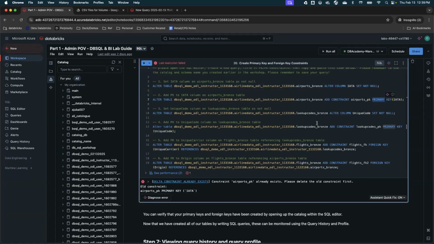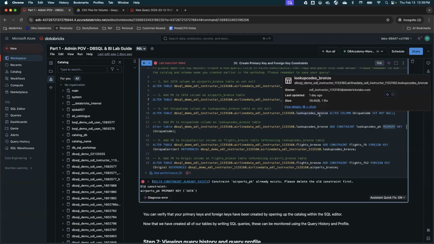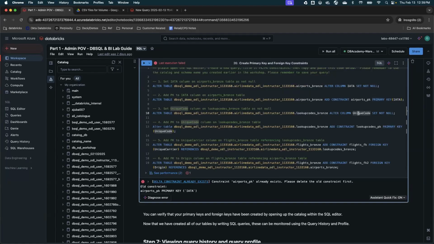We will repeat the same thing for lookup bronze. We will create a primary key on unique codes, and we will make sure that it is not null. And once you do these primary keys, we will go to the flight bronze table. The flight bronze table has foreign keys, and we want to get the unique carrier from our lookup code bronze, right?